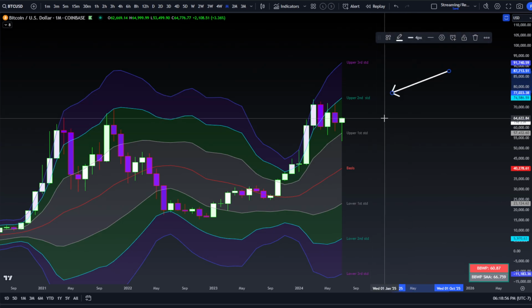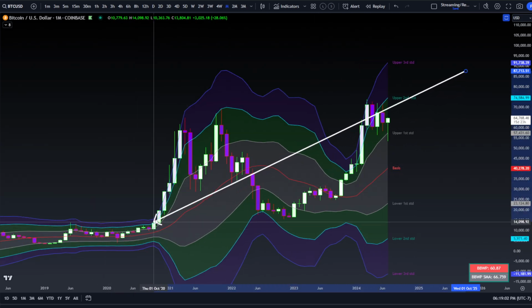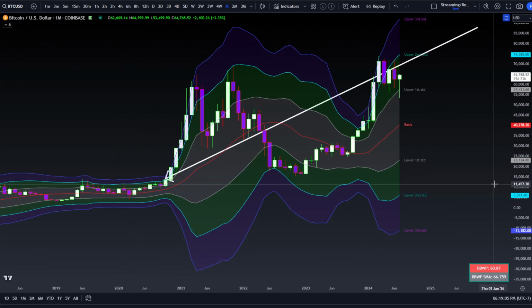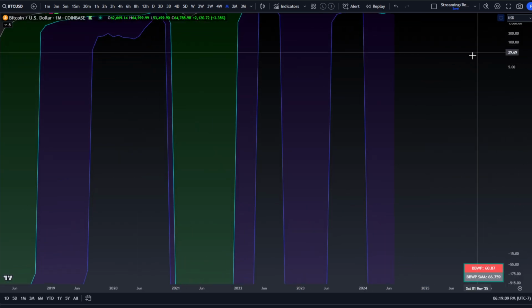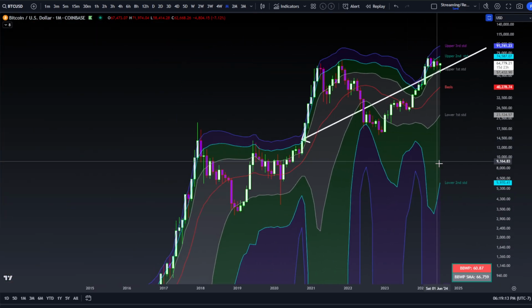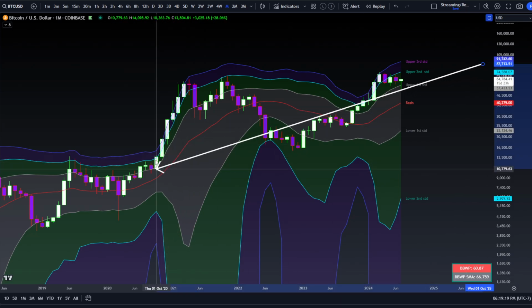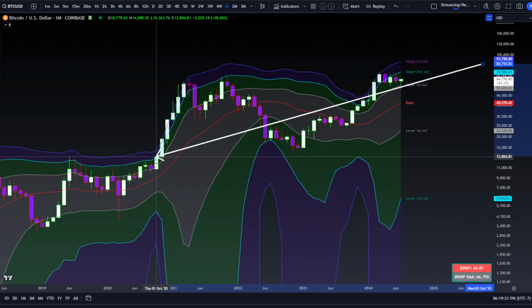But it is interesting how I've mentioned this in the past. During every expansion phase, when Bitcoin has started its expansion phase on the monthly time frame. Why is this not on log? Maybe that's what was goofing me up earlier with the candle sizes. It wasn't on log anymore for some reason. All right, so whenever Bitcoin has initiated its expansion, so it did it back here in October of 2020, and